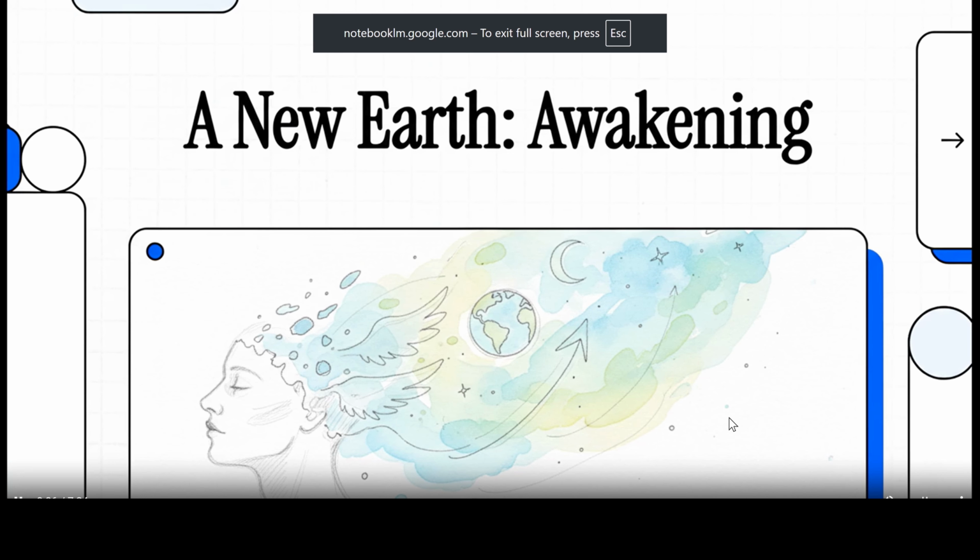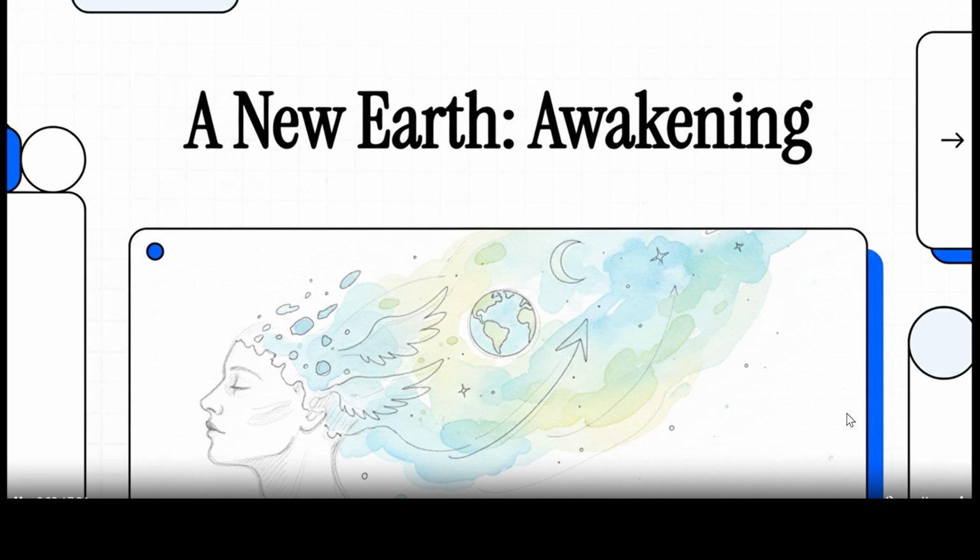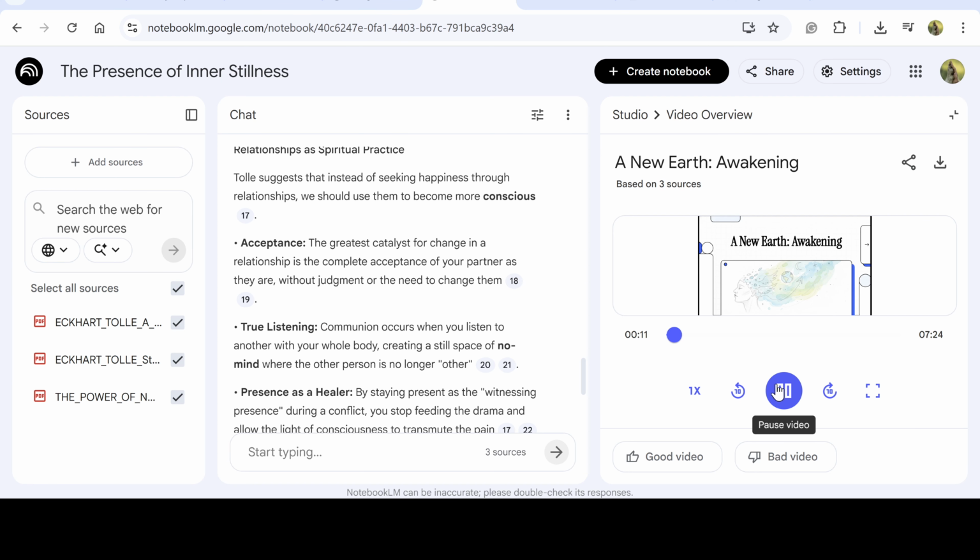A completely new way of seeing the world and ourselves? Well, let's get right into that because that is the very heart of